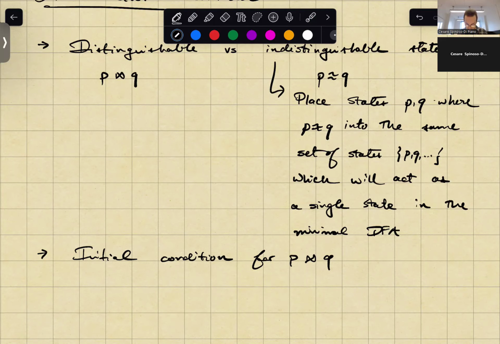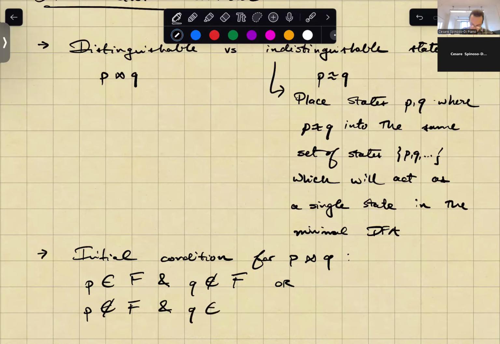So the initial condition for pairs of states P and Q is either the first state in that pair is an accept state and the second one is not,